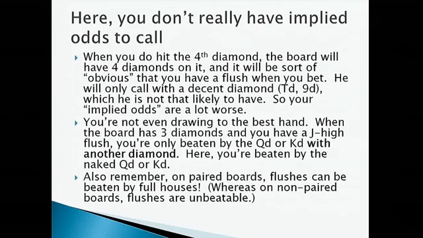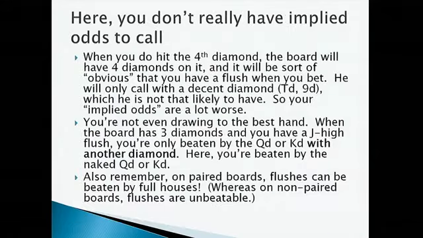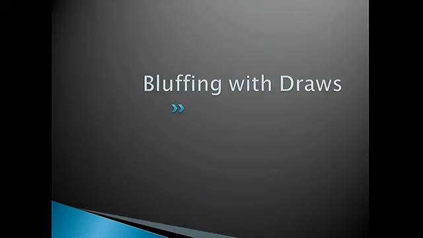So yeah, and also a small thing, but the board is paired. So it's possible they have like pocket aces or ace 5. They already have a full house, and even if we hit the best flush, we're not going to win. Okay, so